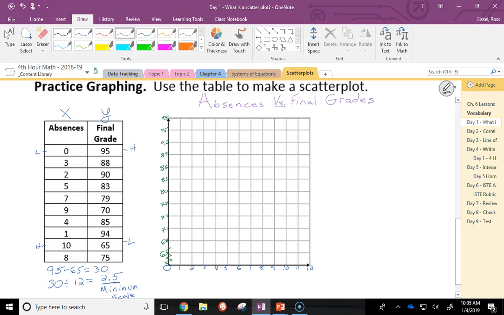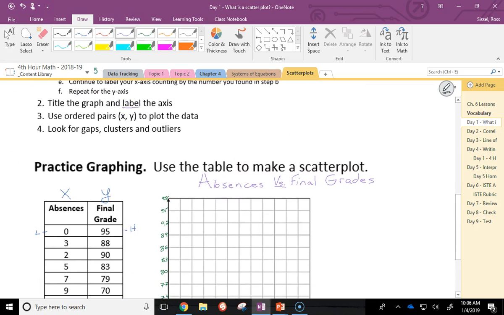This is going to be one that you don't have a set right or wrong answer. As long as you title and it's relevant, you'll get credit. You could have just said your title was final grades. You could have said, my title was absences affecting final grades. Final grade versus absences. You could have switched them around. It's okay, but you have to tell us, when we as mathematicians look at your graph, what is it telling us? The other part of step 2 is